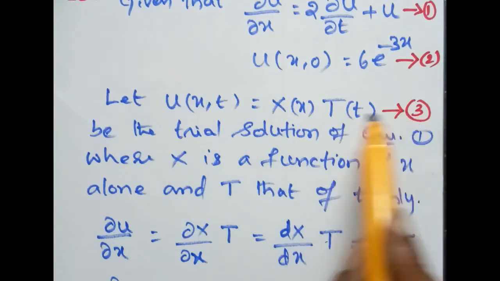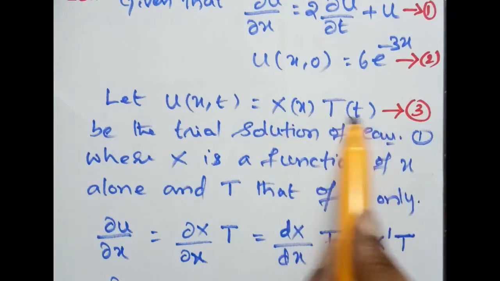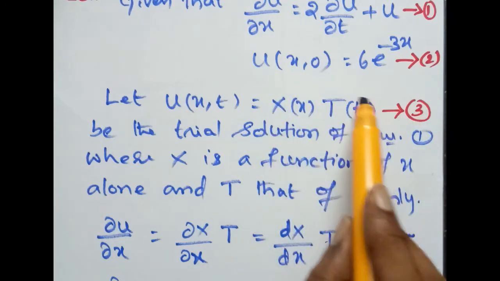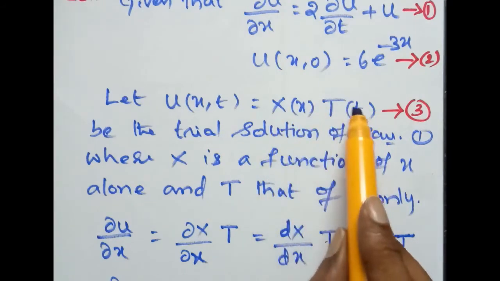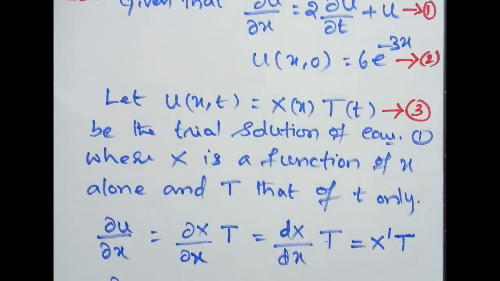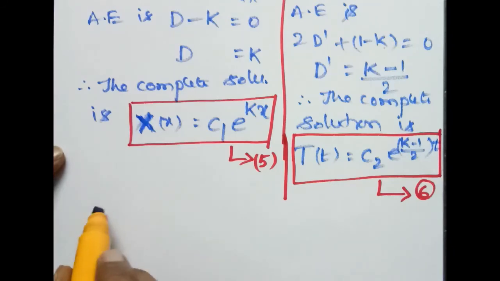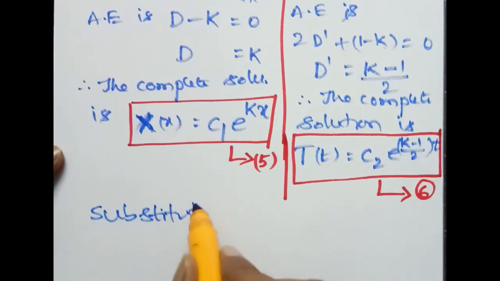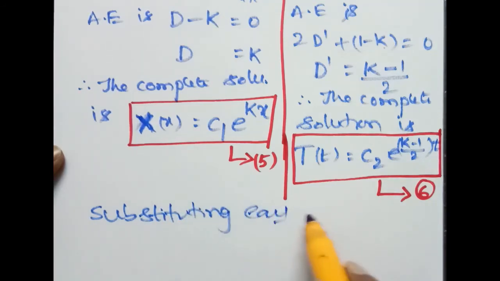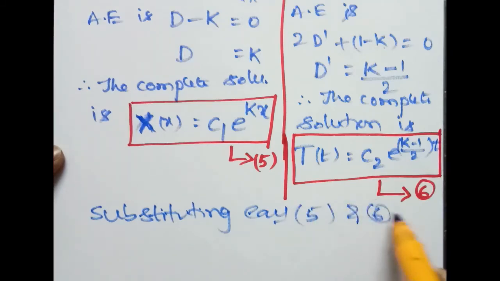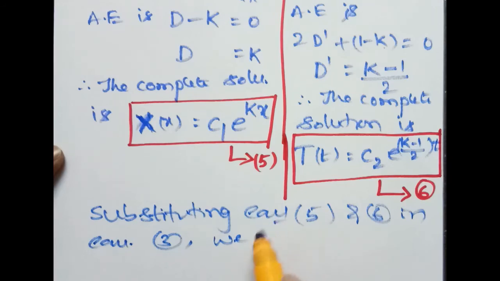Now substituting equation 5 and 6 in equation number 3, the values of X of x and T of t from equation number 5 and 6 respectively in equation number 3 to get the solution. Substituting equation 5 and 6 in equation number 3, we get,